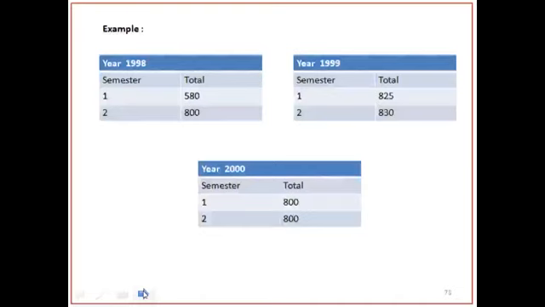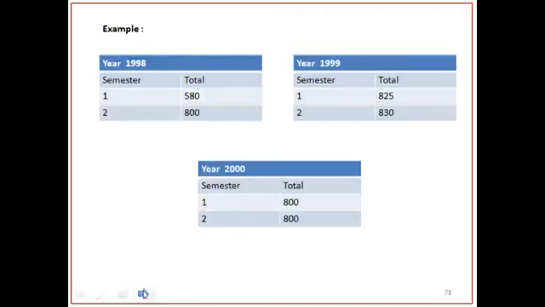Now, I have a university database. In that university database, a large amount of data is available. In that large database, I have a student table. In the student table, there are n number of records. Now I want to know the strength of the students in the university database year wise.